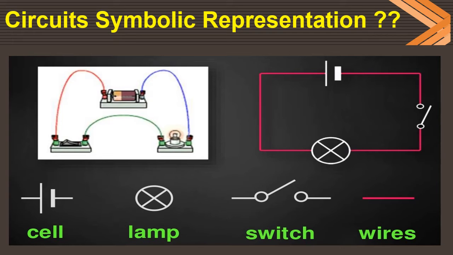So this is the basic symbolic representation of how the circuit can be completed with the supply voltage with the help of the load and the switch. The switch acts here as an open and close switch. So accordingly, if the circuit is open, no current will flow in the circuit. If the circuit is closed, the switch is closed, definitely there is flow in the closed path and the current will start to flow.